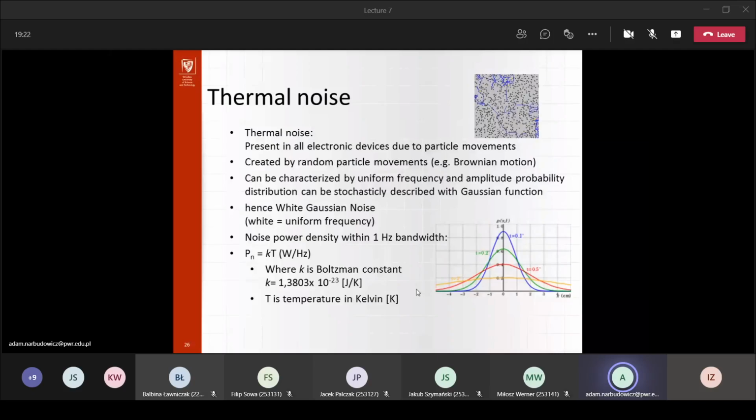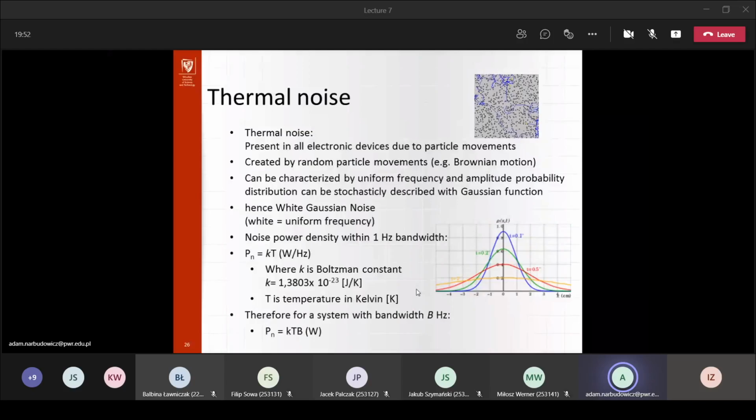So if you reduce the temperature, your particles are less and less mobile, meaning, of course, less noise is generated. You can basically reduce noise by cooling down devices, which is not a practical way, to put something in a cryostat, but with some specific applications,